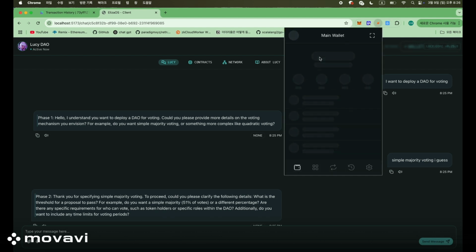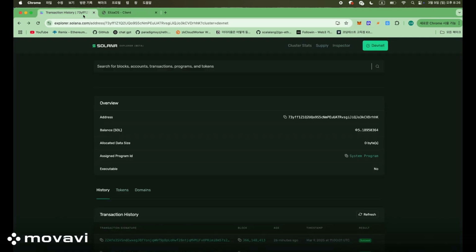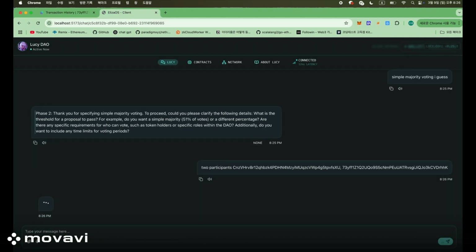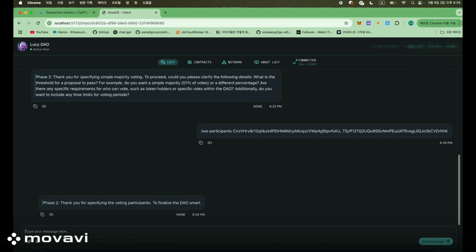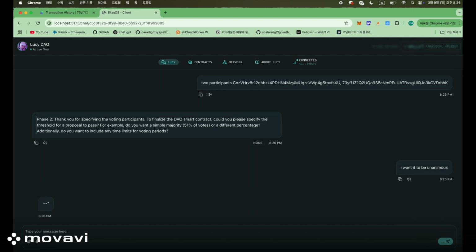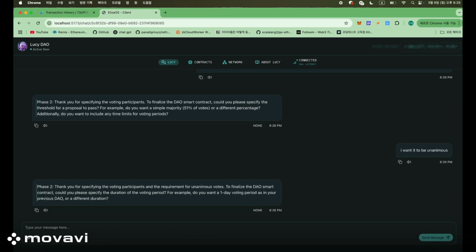And in the details phase, when she understands the first phase, she will ask for more details about the DAO we are trying to deploy. So as you can see, she's asking us a lot of questions, like what we're trying to do, what the model is, and what percentage of votes we need. And the third phase is the deployment phase, where Lucy deploys the contract by herself. And the last phase is the management phase, where